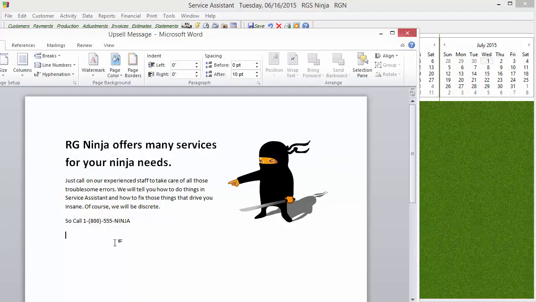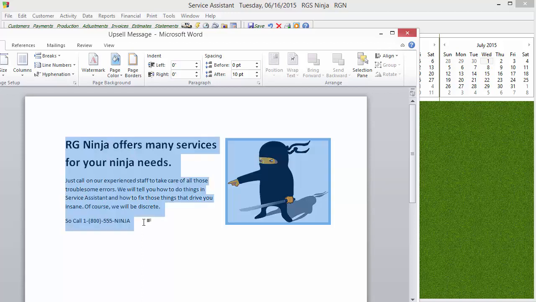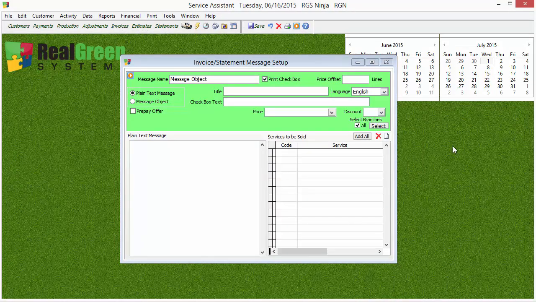So again, I made this one right here, and like I said, this is just a statement or whatever I'm trying to sell, if I'm trying to sell something. But once you've created your message, what you're going to do, oops, didn't mean to delete that. I just meant to delete this extra line of text down there. There we go. You're going to do Control A for select all, so it grabs everything, and then Control C for copy. It's going to copy it to your computer's clipboard,